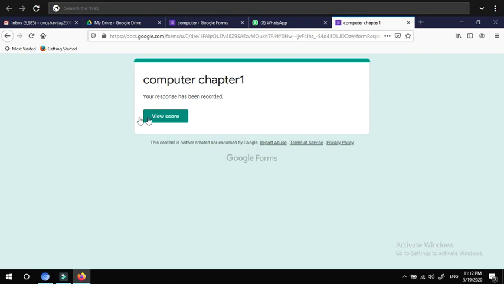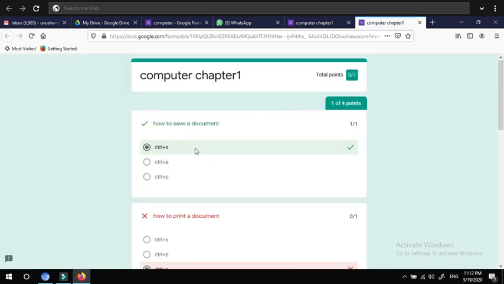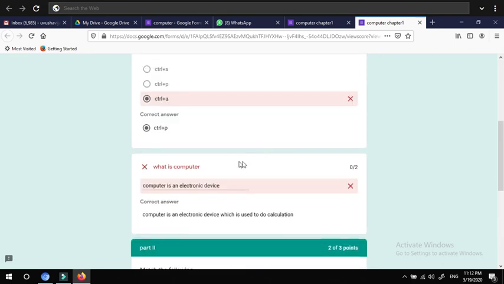So immediately they are able to see the result. By clicking this view score, they will see what are the correct answers they have given, and what are the incorrect answers.